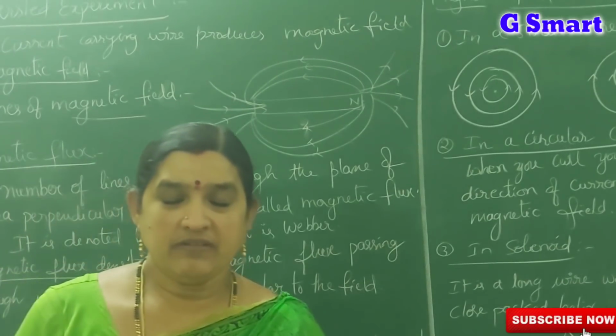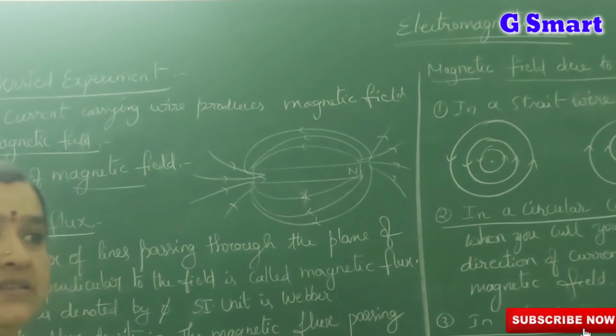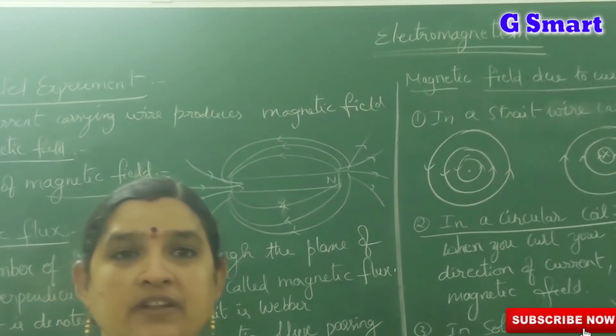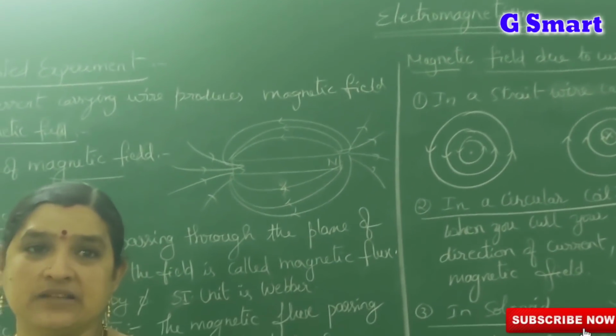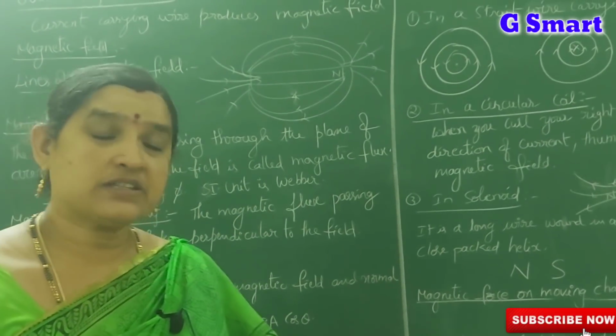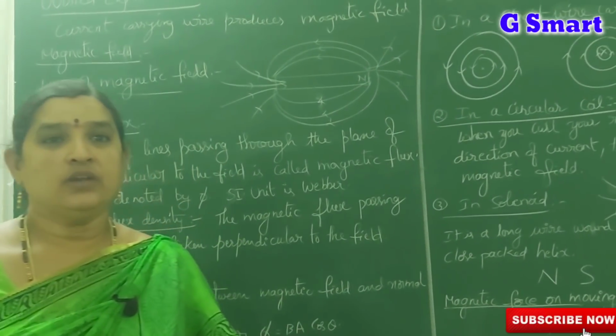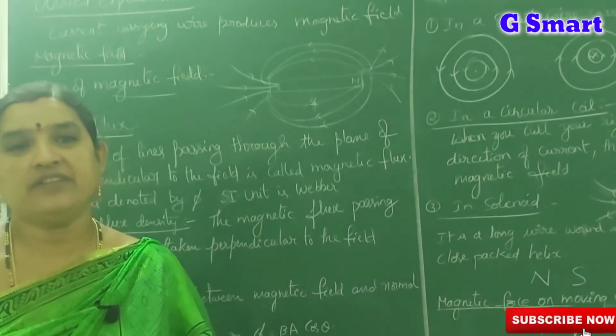Good evening students. Today we will discuss the lesson electromagnetism. In the early 19th century, everyone thought that electricity and magnetism were two different topics. But from the experiment of Ørsted in the year 1820, they learned that there is a relation between electricity